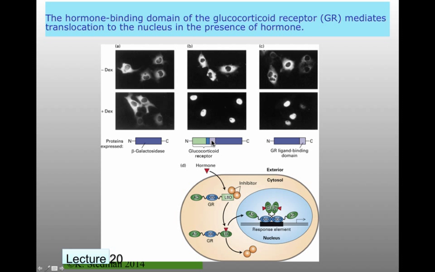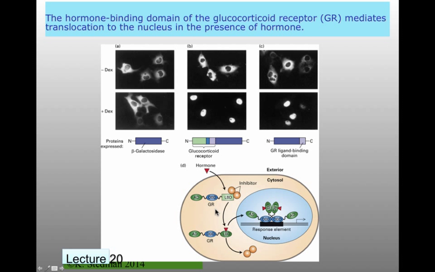It turns out you can do this just with that ligand binding domain, which is what we talked about. We talked about the multiple domains that you have in these proteins. So you don't need the whole protein. All you need is this ligand binding domain to direct whatever protein it's attached to into the nucleus in the presence of hormone. So what people think is happening here, this is your classic nuclear receptor, an activation domain,